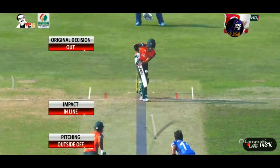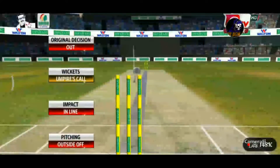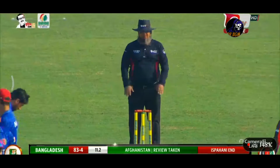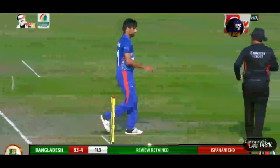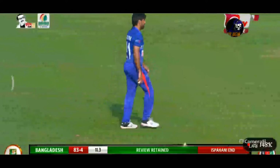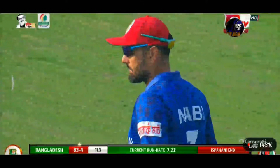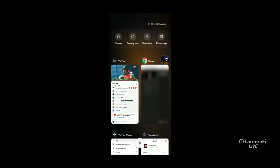Ball pitching outside off, impact in line, wickets umpire's call. Well, the umpire's call means the review has been retained by Afghanistan, but I think it was worth taking there, Farvish. Absolutely. I thought for a moment naked eye it was going over the stumps, but with Karim Janat's height and the amount of bounce he's getting, it was a decent decision by umpire Tanvir Ahmed, but this man